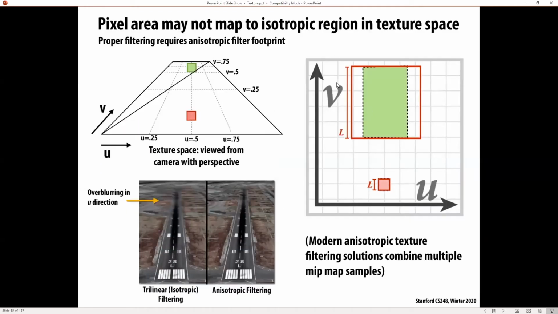So let's look at this example. Here's a straight road going out. This is with trilinear MIP-map filtering, and this is with anisotropic filtering. We wish we could get this. You see how it doesn't get as blurry in the background. So what's going on? As we stretch out, our one pixel here is getting stretched out in the V direction, but not so much in the U direction, right? Our close pixel just maps to one pixel here. But this thing in the back stretches out to be taller than it is wide. And so if we could somehow get rectangles instead of squares, we could reduce the blurring and get some result